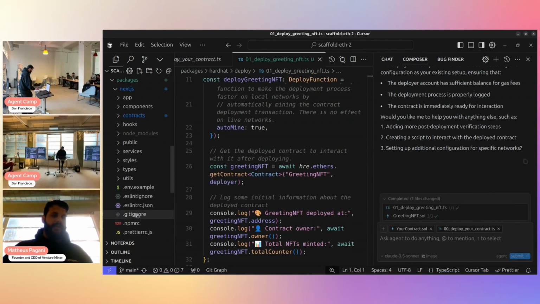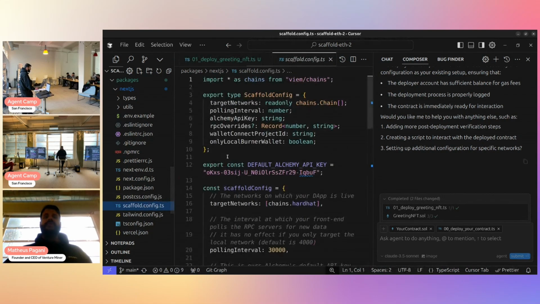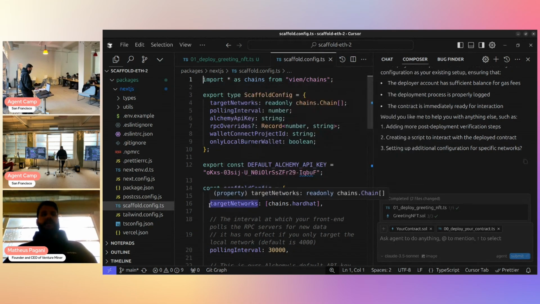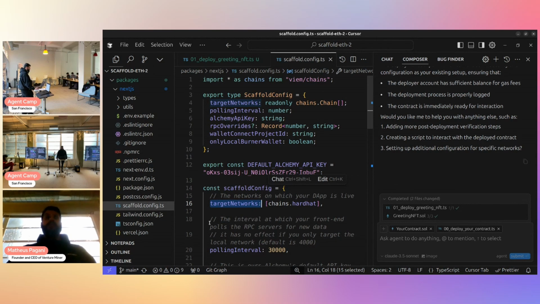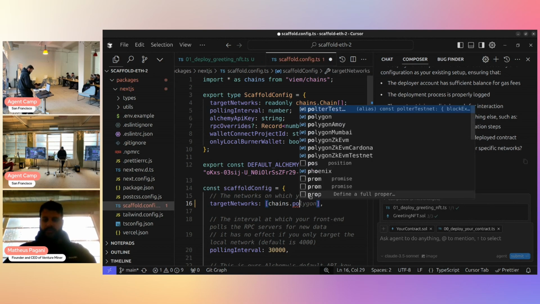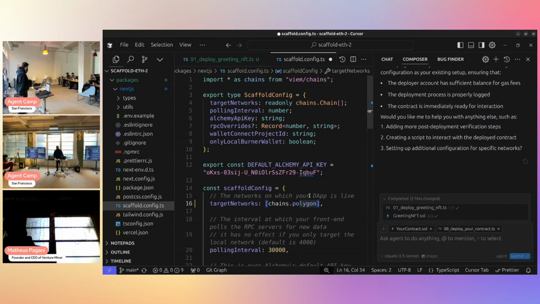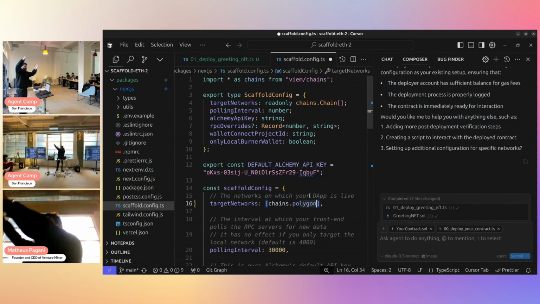And last but not least, let me show a very important configuration here. When you go to the front-end package, there is a single file called scaffold.config.ts. Let's say you're deploying the app for you to use in the hackathon project. There is a configuration on line 16 for you to change the target network for you to deploy the app and interact with it. Instead of chains.hardhat, which would be your local chain, you can pick chains.polygon or any Polygon testnet. Okay? Because Polygon has the best swag. Look at this, super cool things for this swag.